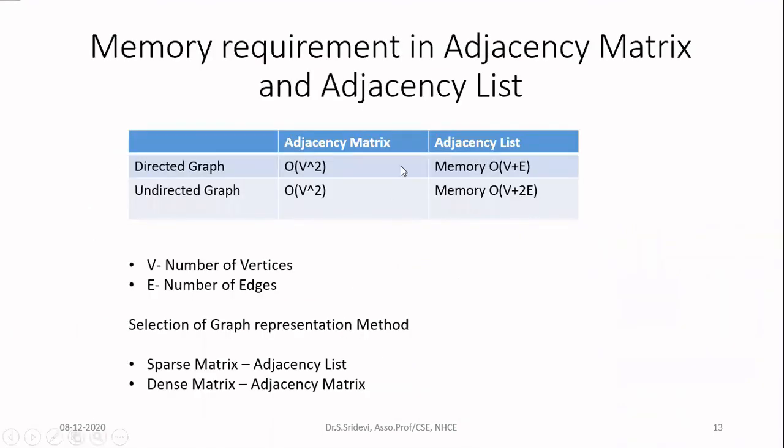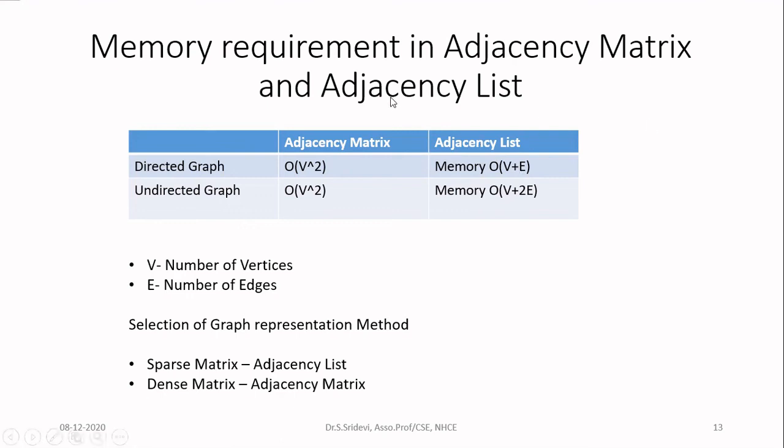Now let us see when you will prefer which approach. So we have seen totally 4 different methods, but we have many ways to represent the graph, but these are the famous methods. Out of these 4 methods, the most widely used methods are the adjacency matrix and the adjacency list. The remaining will be used only for specific application. So which type of representation you are going to choose depends upon your application.